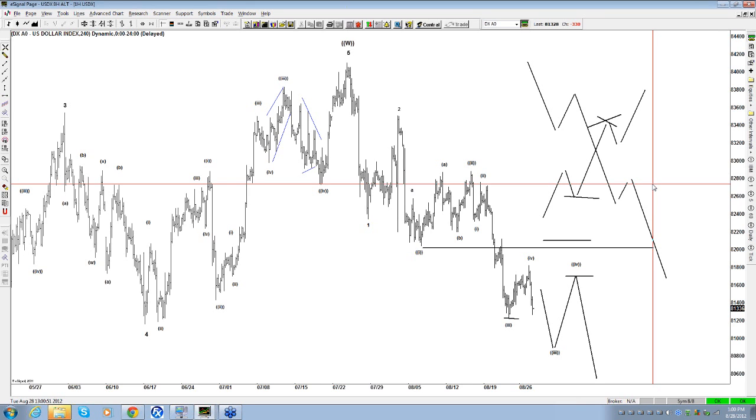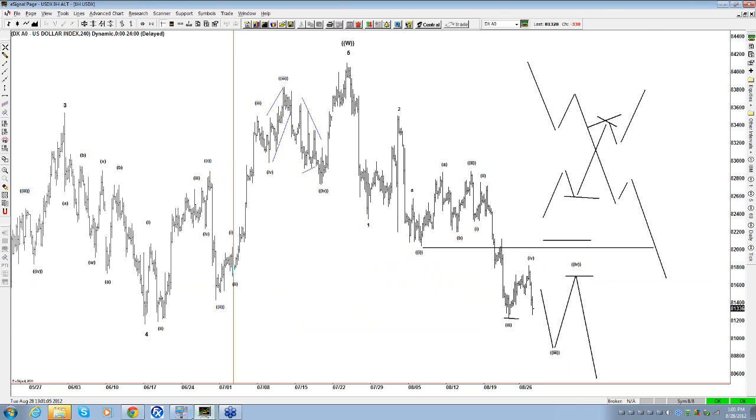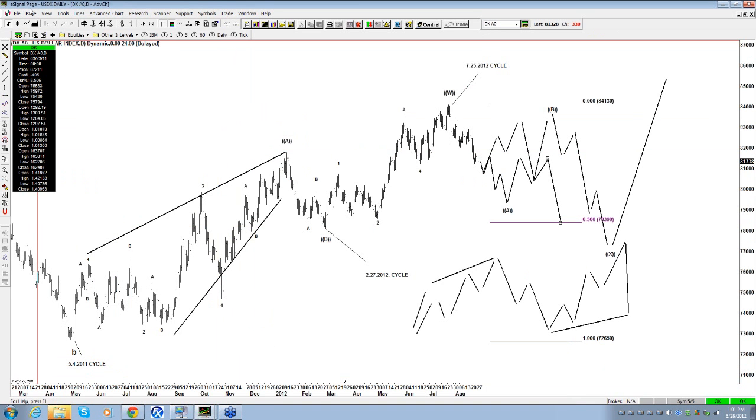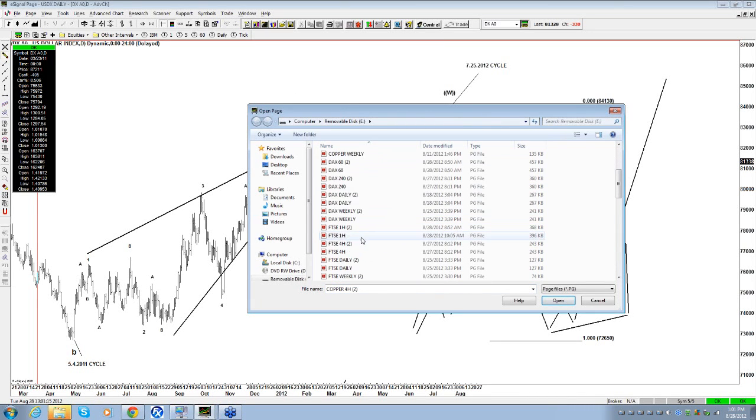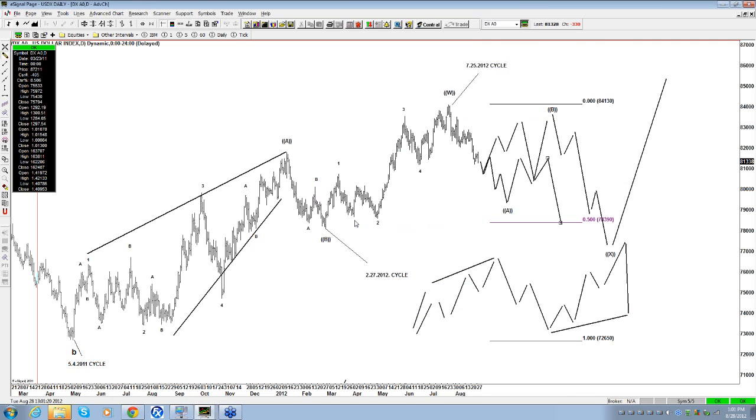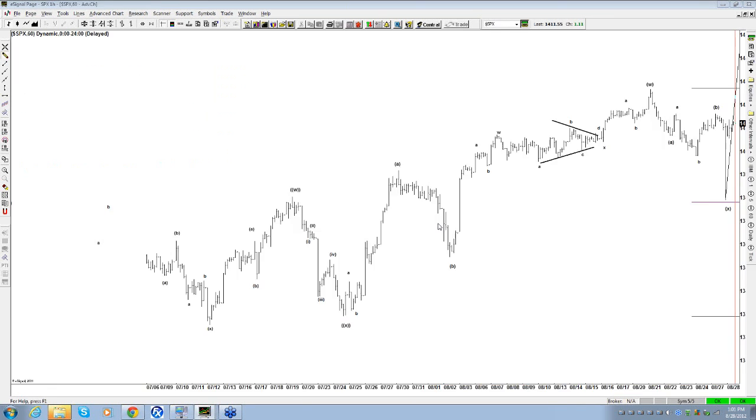All right. That's the way that I like it, and that's the way that I'm going to be playing the market. If it puts back in a small degree, like in 1 hour, if the dollar in the 1 hour chart puts back and goes back and does this,